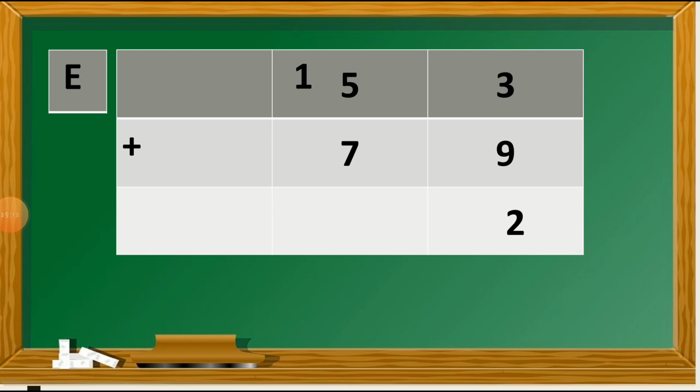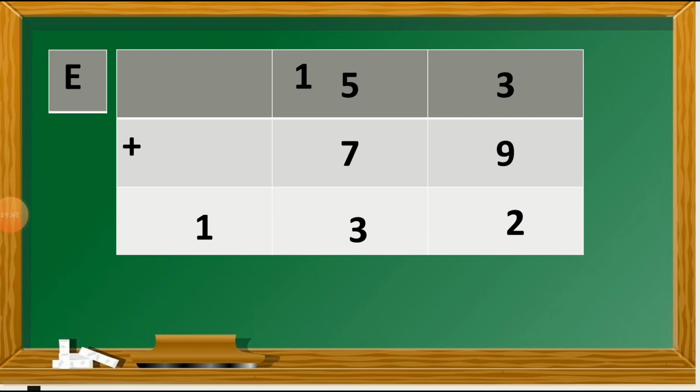Now just add the tens column together this way, which is 1 plus 5 plus 7 is equal to 13. So write down number 3 under the tens column, and the number 1 will move as a carry forwarded number. Now write down number 1 at the hundreds column. So here is the answer, 132. So hope you understood this and there is no doubt regarding this topic, and this is very easy.